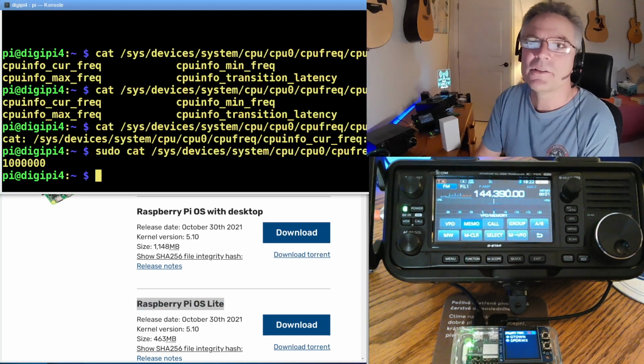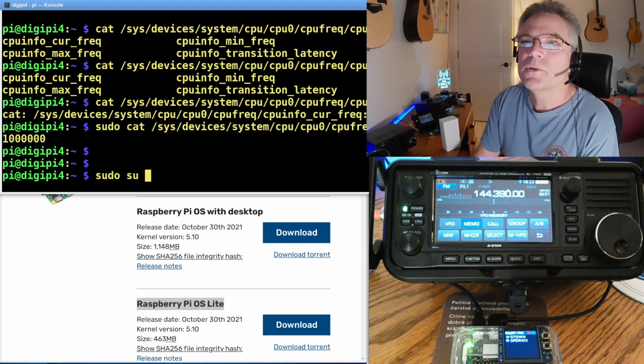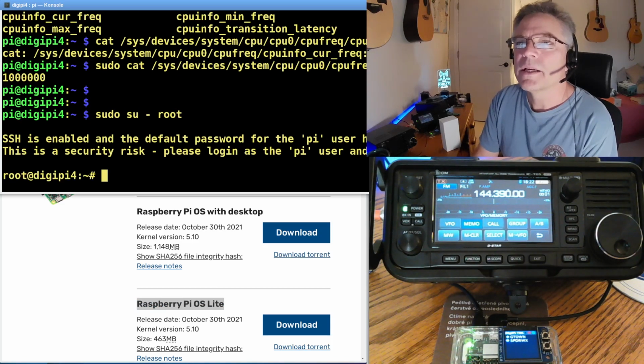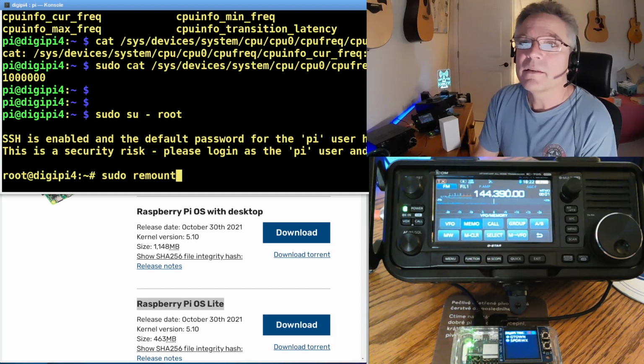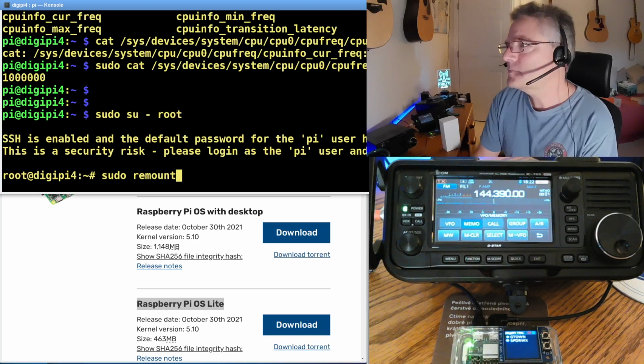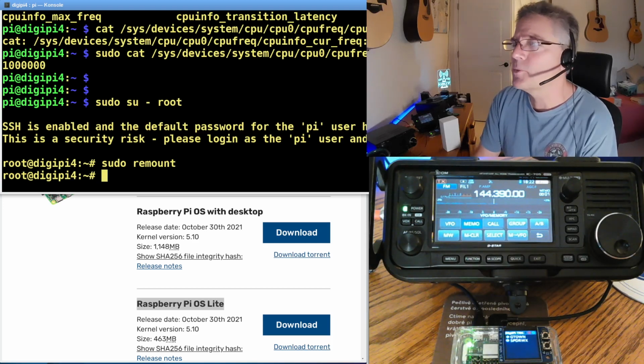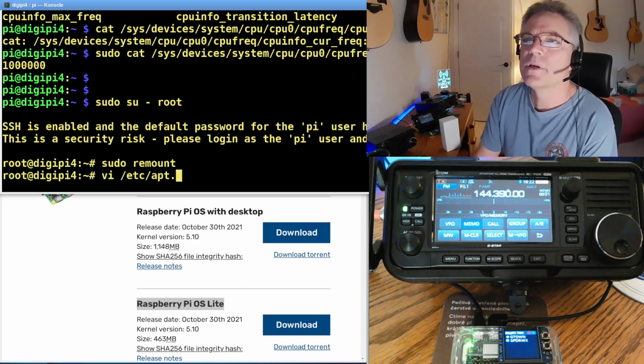There's a couple of things you want to do. Sudo root. I'm going to do sudo remount because the Digipi is read-only file system. It's like an appliance. And I'm going to remount the file system read-write. This is a Digipi intrinsic. And then you want to vi etc apt